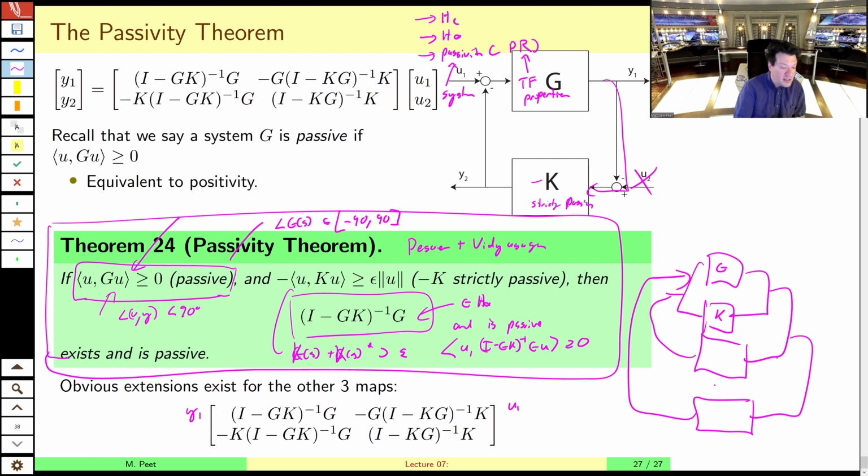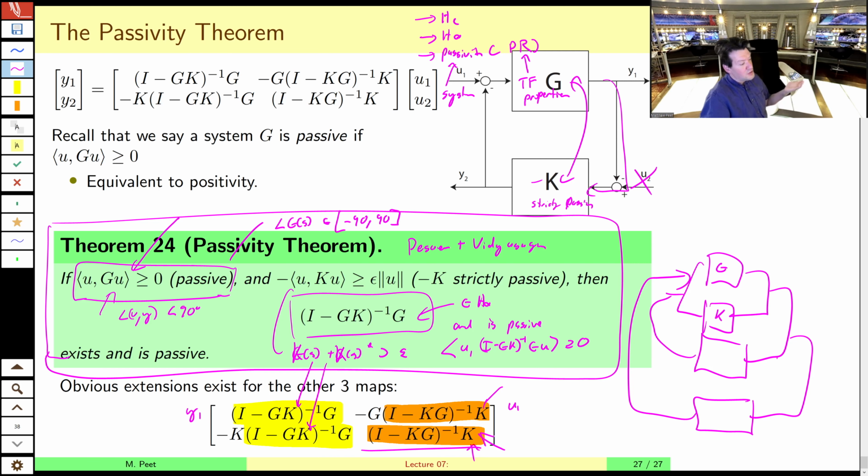Now for the other 4 maps, of course they're just generalizations, because you can just swap G and K, and then you swap the conditions. K has to be passive if you're looking at this interconnection. And of course, the only important pieces of information are these 2, because G's already stable, so you don't have to worry about G. So this gives us stability of both of these 2 maps. And then if we swap the G and the K in these conditions, we get the stability of these 2 maps. So already you see the importance of the algebraic nature of these elements,